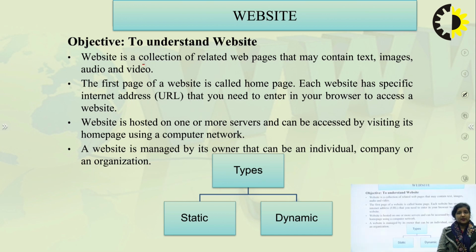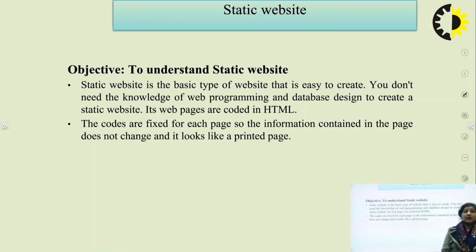Next is the website. So basically, we are having two types of websites. First one is the static website, and second one is the dynamic website. What is the difference between static and dynamic website? For the static website, as the name suggests, the contents will not be changed. Like we are having our blogs, any website that is just used to provide some information, which will be static, which will not be changed.